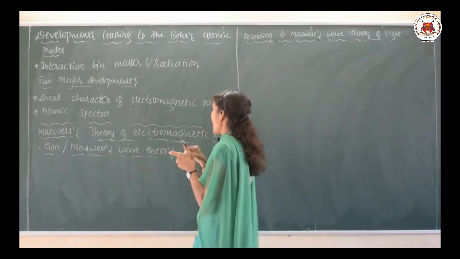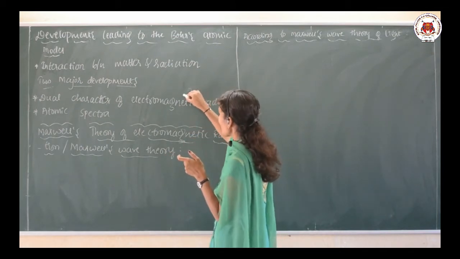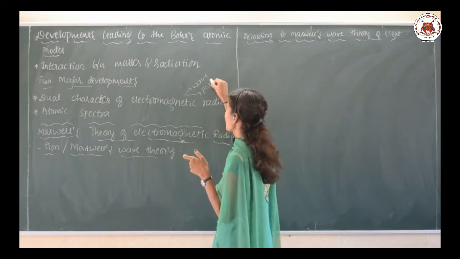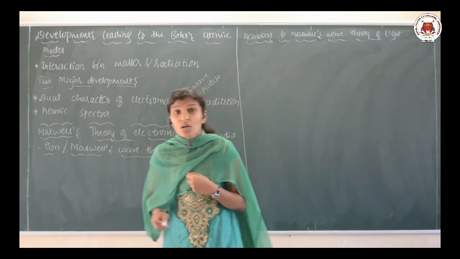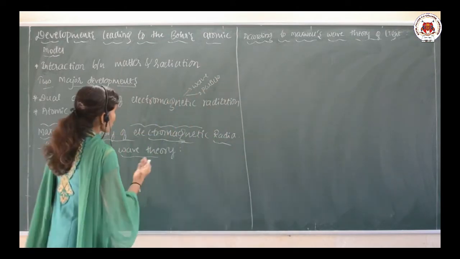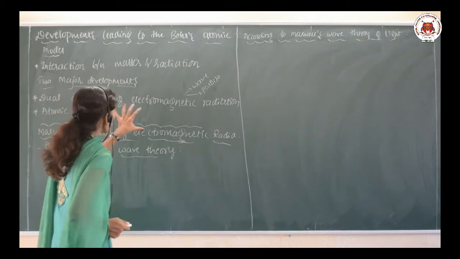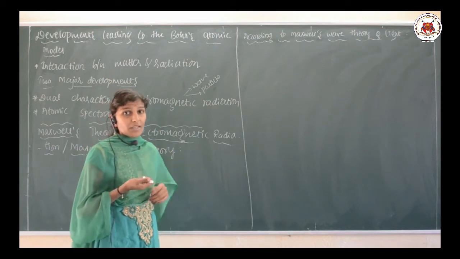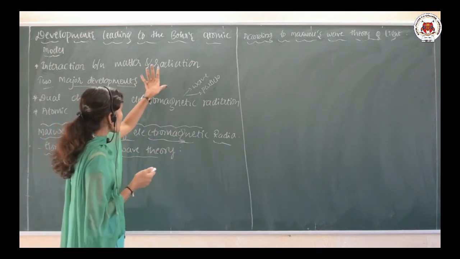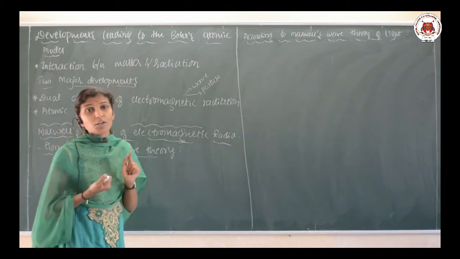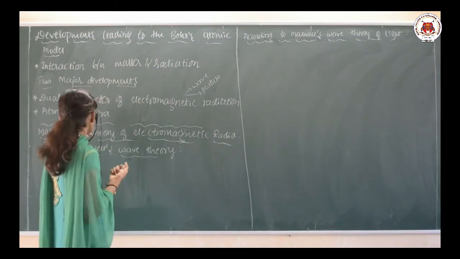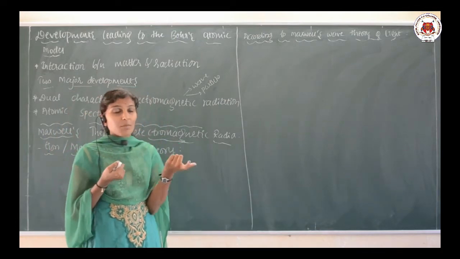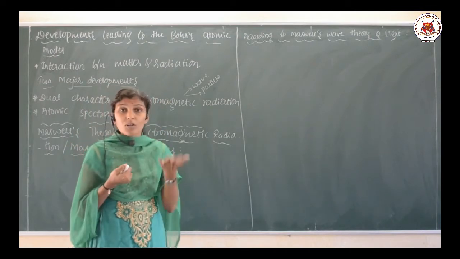It means the electromagnetic radiation behaves like a wave and even it behaves like a particle. So the dual nature of the electromagnetic radiation means the electromagnetic radiation can behave like a wave and even like a particle, and this is one of the major developments which helped Bohr's atomic model. And one more point is regarding the atomic spectra. When the spectrum of an atom is observed, that also contributes to the